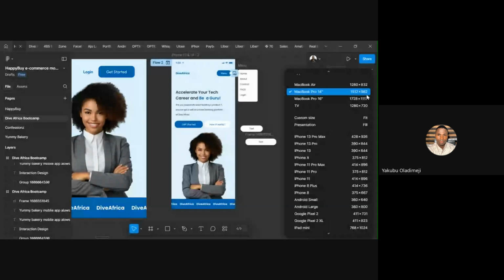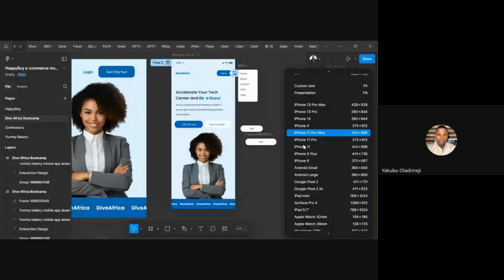If you are designing for websites, you have this here. If you are designing for a TV device, you have the TV device here. You have the custom size here, whereby you just put in whatever you want to design. This is for presentation, this for iOS devices, and we have for